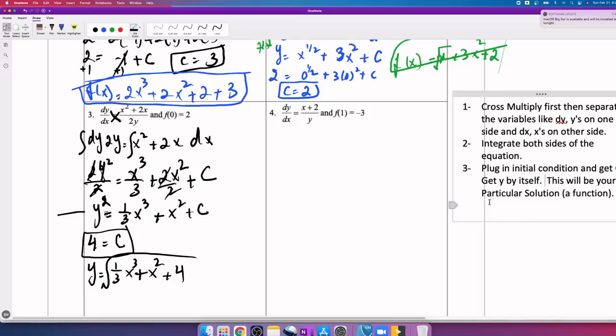Okay, then now this is good. Get the y by itself. So this is what happened, and we get the y by itself. We got plus c and all that stuff. Now,